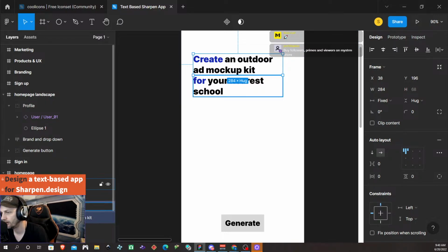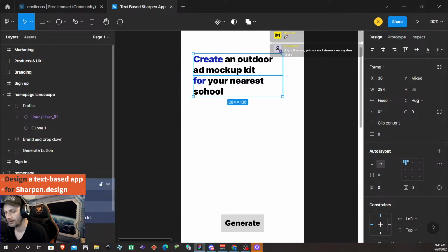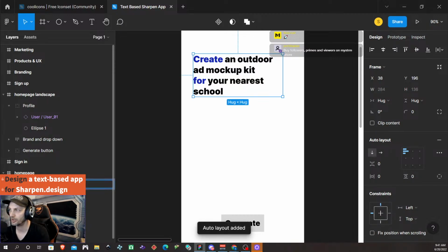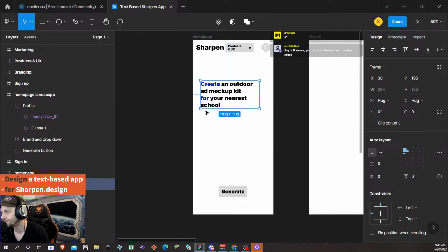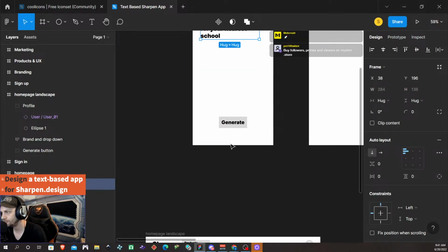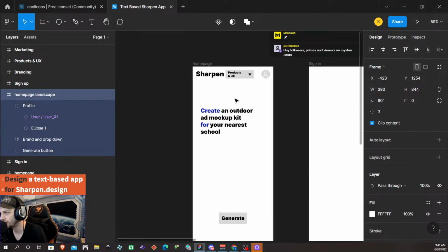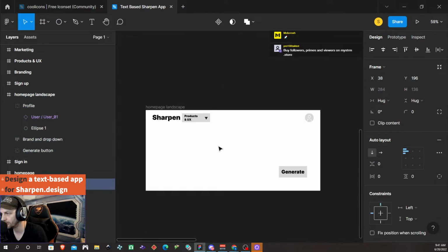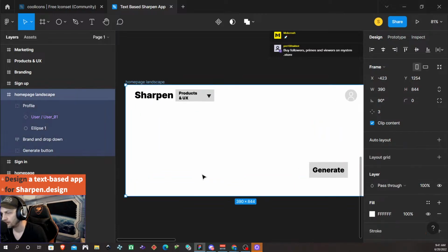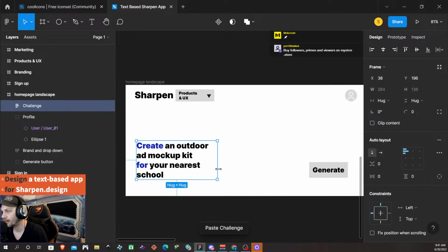Create 4. So we're gonna do that, and then shift A those. This is gonna be challenge. So then I'm gonna grab challenge and bring it down here. I did copy, oh shit. Copy it. Paste it there, and then